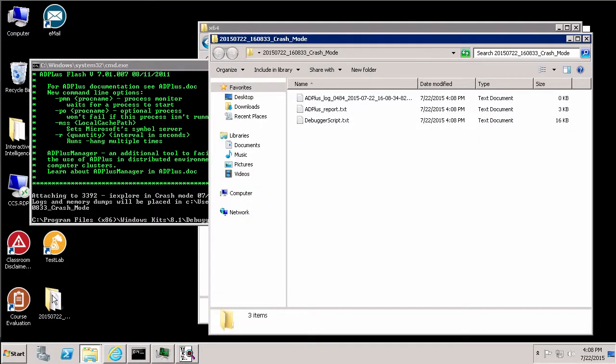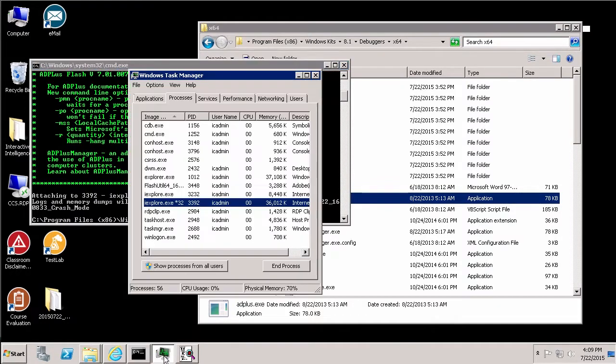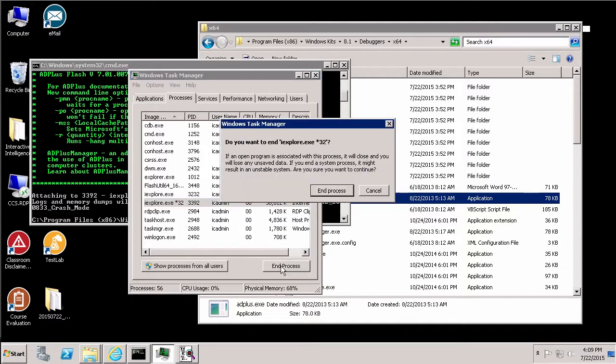And if I double click, I can see it's already generated a little bit of information, but I don't have an actual crash dump at this time. So now what I'm going to do to force it is come in here and end the process. I'm going to crash it sort of manually so that we can see what happens. So if I click on end process,